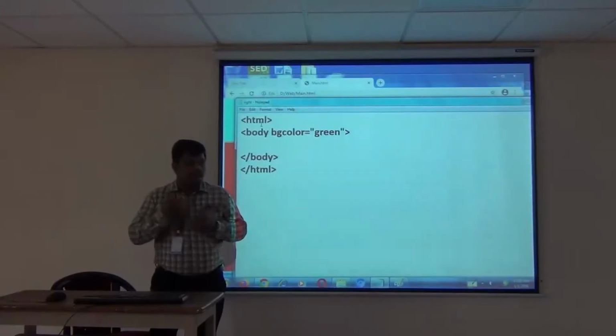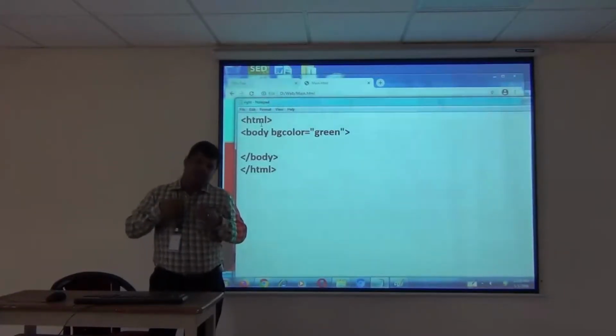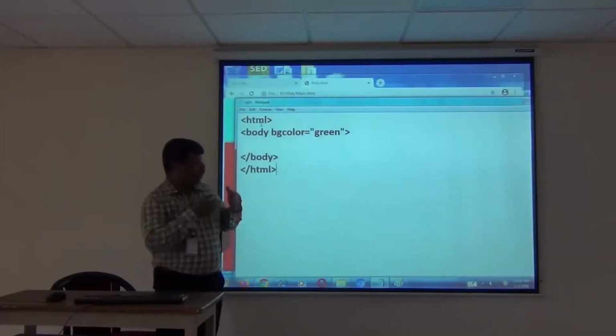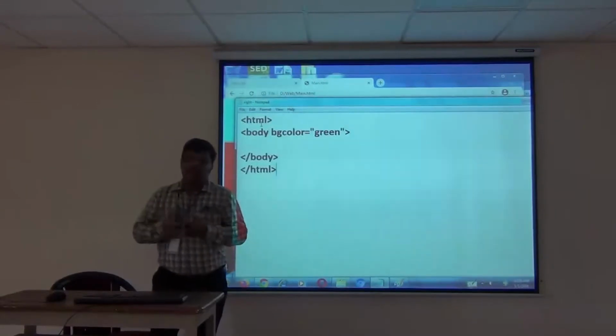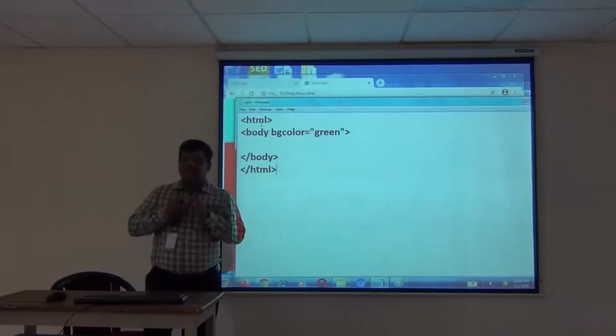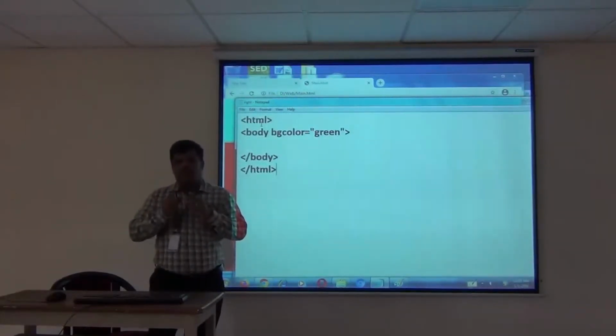If you use the body tag, the processor or compiler will get confused about where to divide the window or where to load the contents. So the important thing is that we should not use the body tag while creating frames.